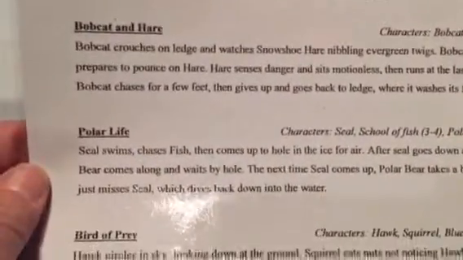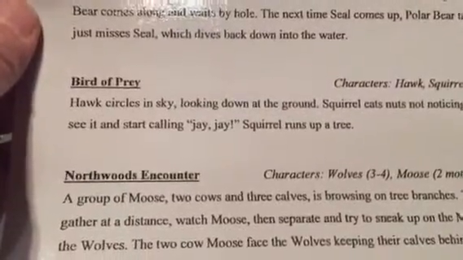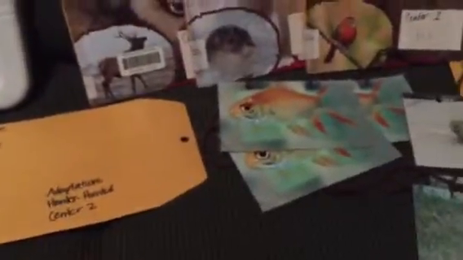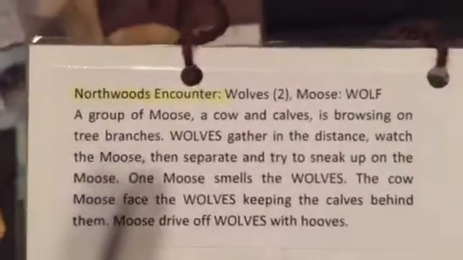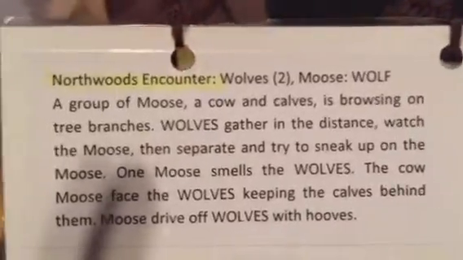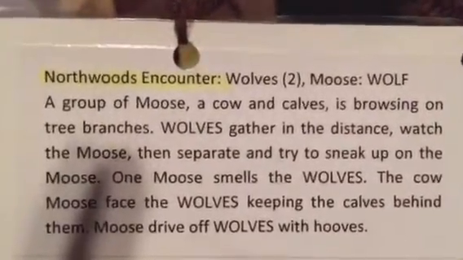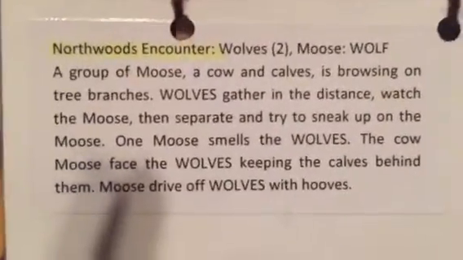There's a paper that has the scenarios on them. There's, I believe, 5 different scenarios: the bobcat and the hare, polar life, bird of prey, Northwoods encounter, and fox and mice. So, for instance, what you'll do is read through the scenarios on there, but then also you can read on the back of the card. So for instance, on this wolf one that goes with the Northwoods encounter, it says that there are 2 wolves and a moose, and a group of moose, a cow, and calves is browsing